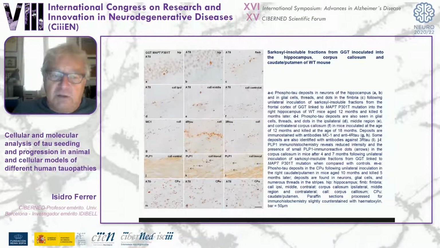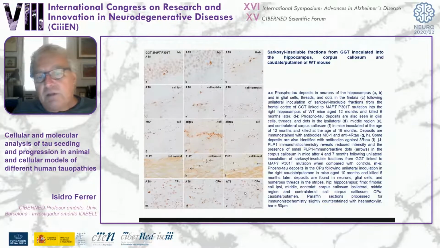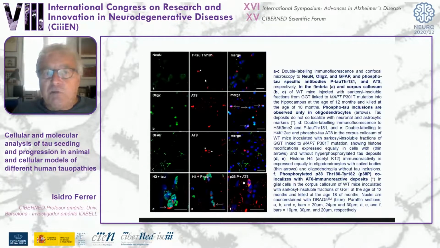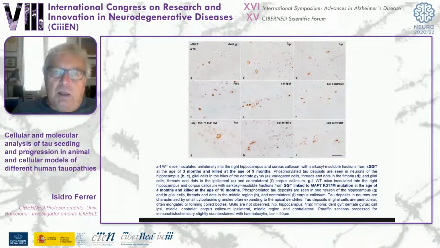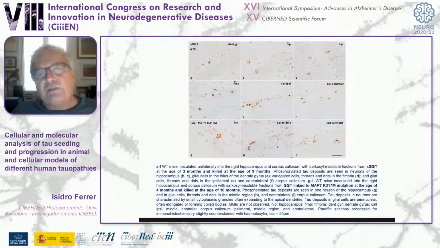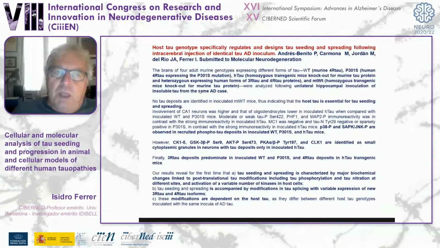abnormal protein located. And here is what happens when we inoculate in the caudate and putamen. The results are almost the same. The observations by using confocal microscopy are almost the same. And again, we see an active process because there is an involvement of different kinases. And this is not just an example of what happens in familial GGT, but also in sporadic GGT and GGT due to another mutation of the tau gene.